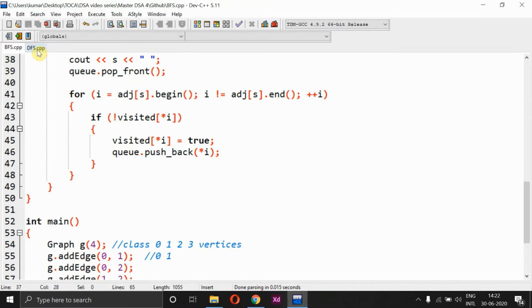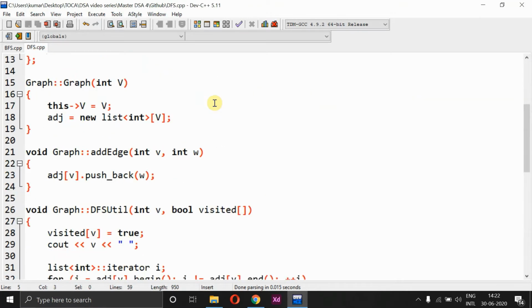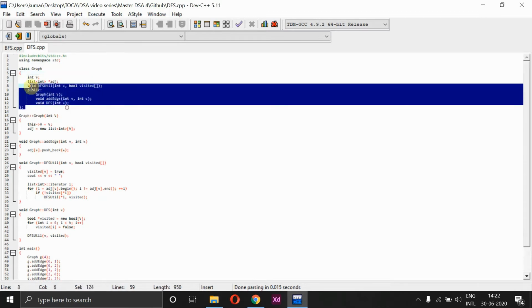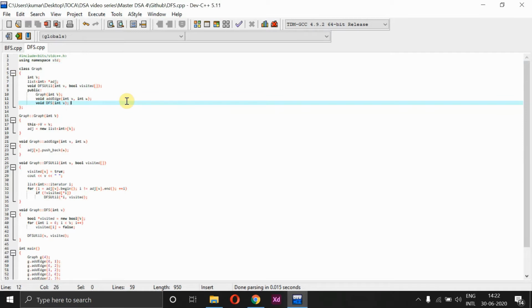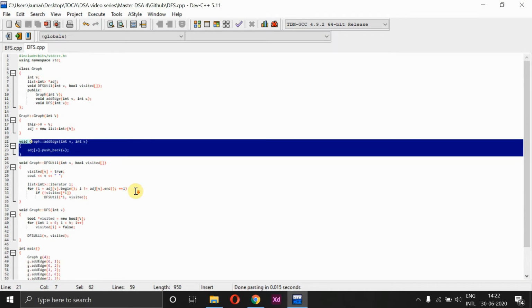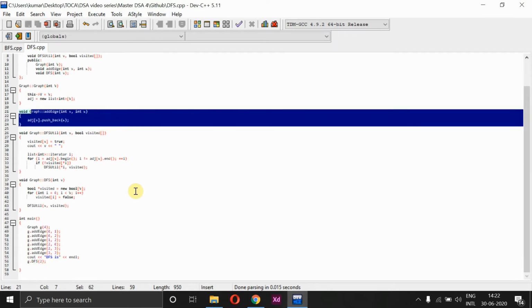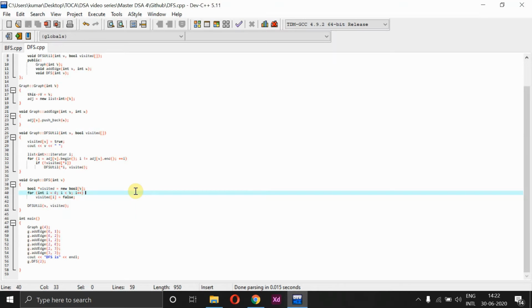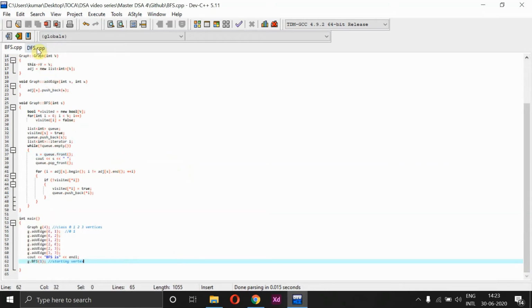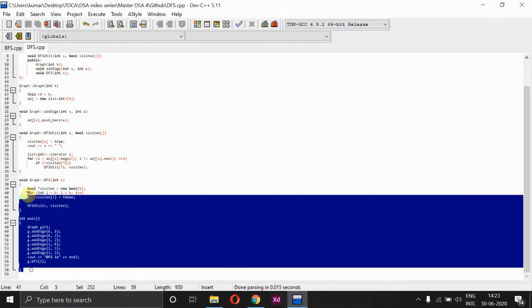Now let's quickly move on to DFS. DFS is quite similar to BFS, so almost everything is the same, like the first implementation of the graph, adding the vertex and adding the edge. But here we know that it is more effective compared with BFS, and the lines of code will also be less. If you see the BFS algorithm, we have 65 lines of code, but when it comes to DFS we have only 58 lines.